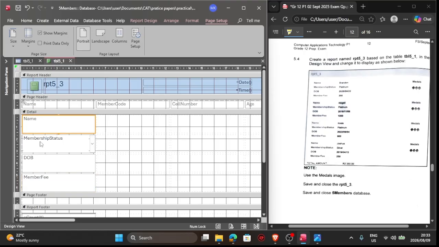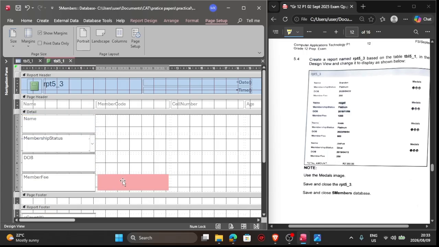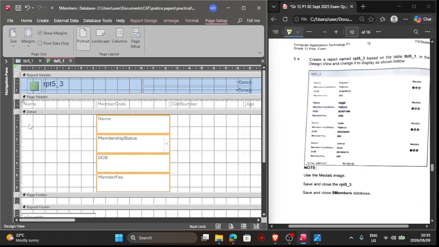Let's select everything here. I can move everything a little to the right. Then we can just type name, membership,